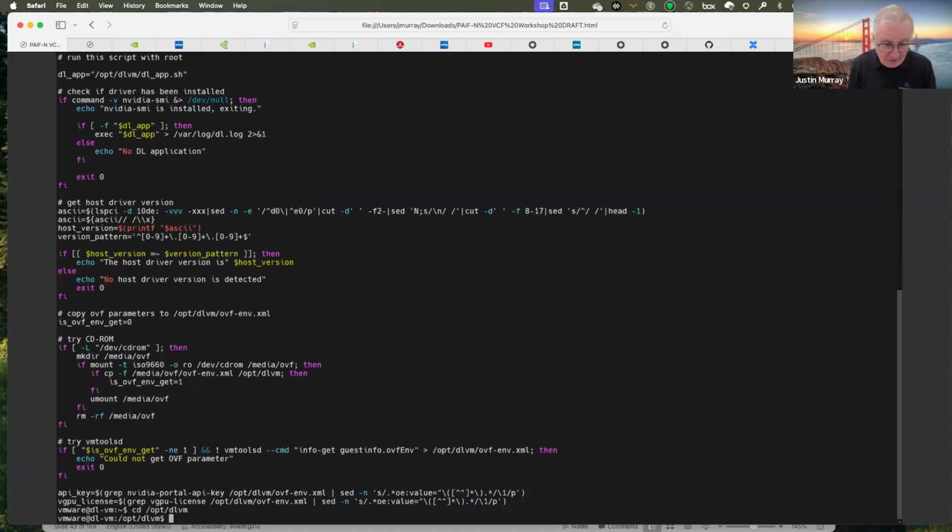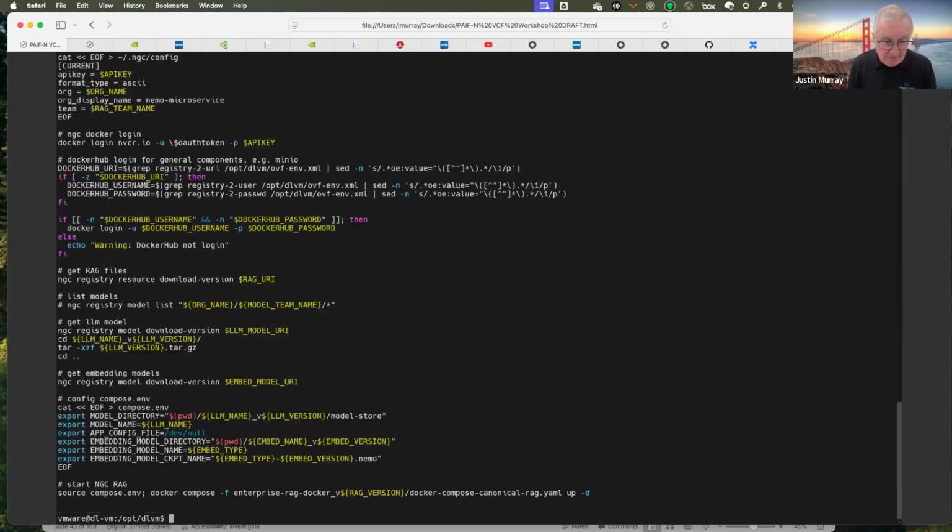I'm going to show you another script which sets up the environment for the data scientist. It's downloading a large language model here. It's setting up the appropriate directory for that large language model, and it's going to NVIDIA GPU Cloud to get this. You can see that at the top. NGC is NVIDIA GPU Cloud. But the last instruction in the script, which is executed automatically, is Docker compose RAG running in a Docker with a YAML file specifying what exactly is in there.